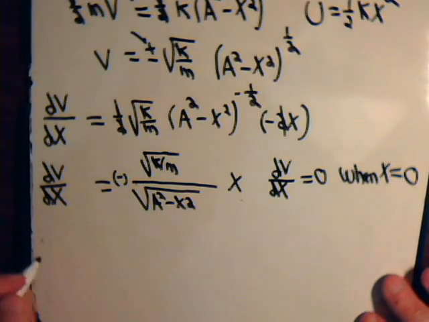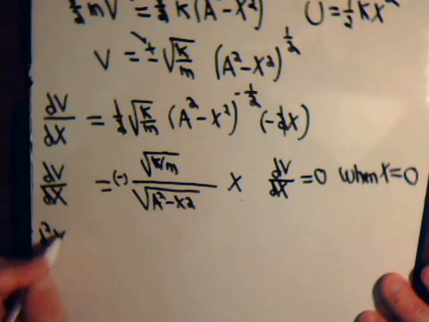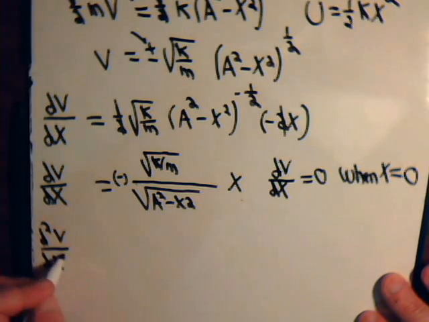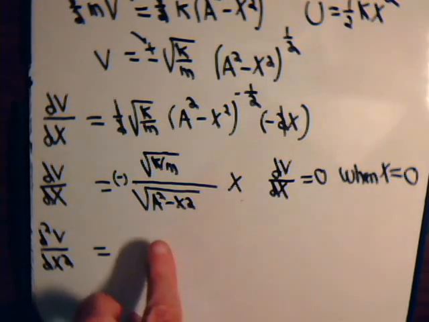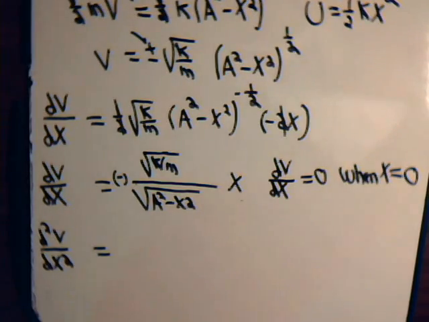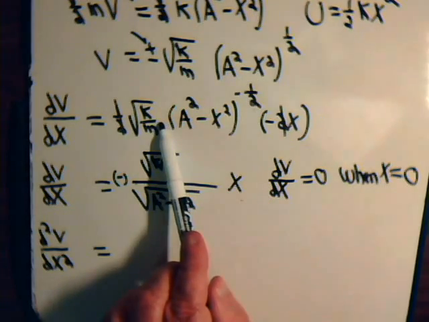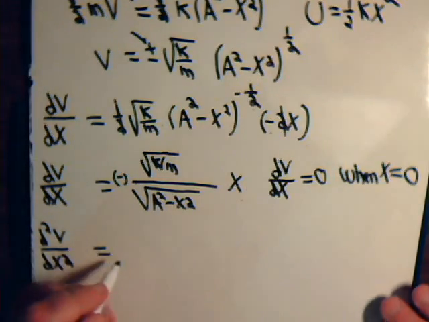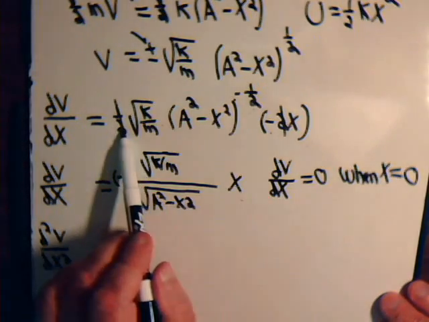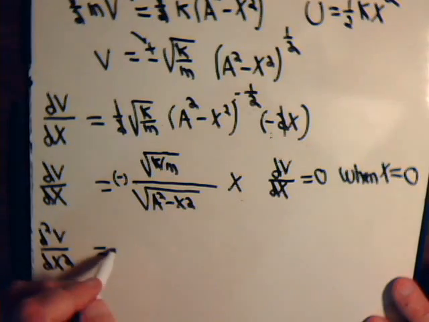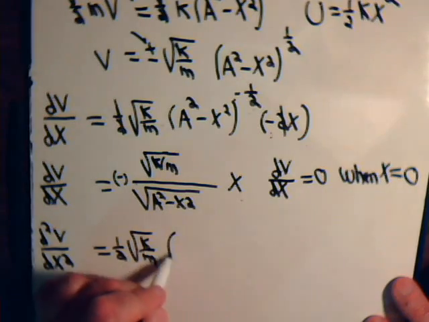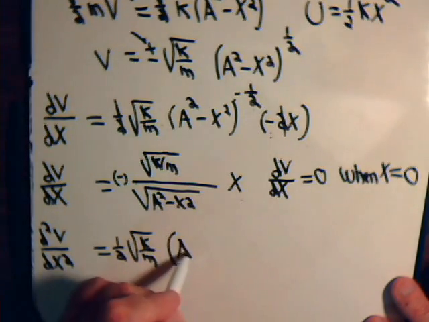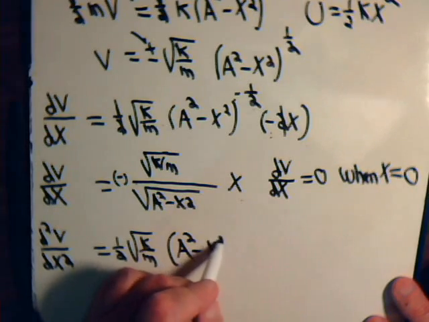So we'll have d squared v dx squared, and that will equal, now remember, let's just work it with this form right here, it's easier. Here we're going to bring this down, and we have this minus sign, so we have this will come down to here, and we have that minus sign there, so they'll cancel out, so we'll have 1/2 the square root of k over m times this, a squared minus x squared,